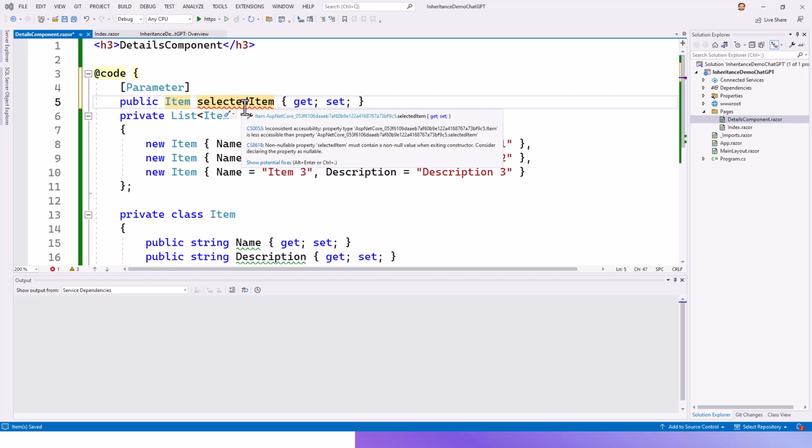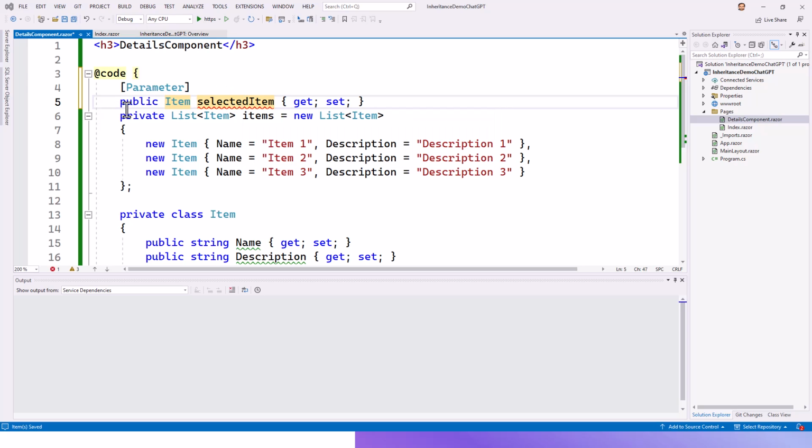Okay, and so inaccessible means this item is less accessible than the property. This is returning a type Item, which has a private class, and this is a public property. So the Item class has less accessibility. So let's create equal accessibility by making it a public class Item, and also let's make this public,